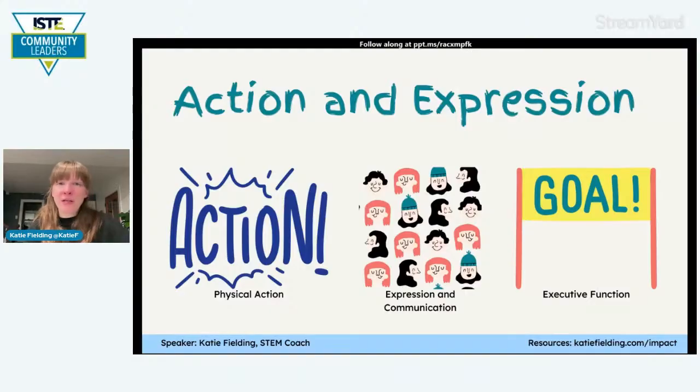So not everyone needs to write an essay. Maybe someone's going to make a podcast, or someone's going to create a video or an infographic or a cartoon. We're giving them ways that they can choose how they want to communicate to us the information that they've learned in our classrooms. And then the last piece of action and expression is executive function and providing a lot of